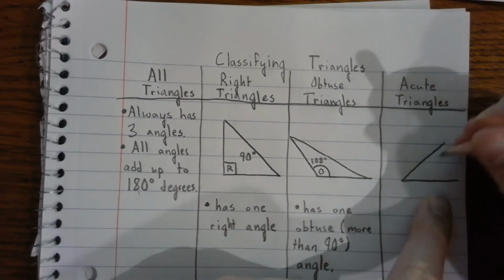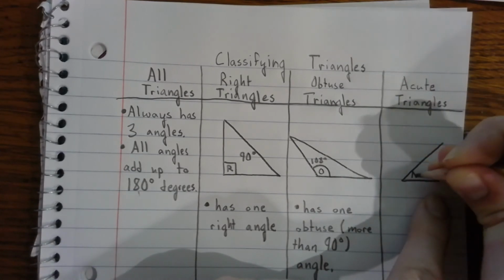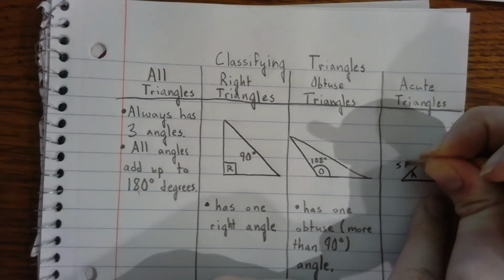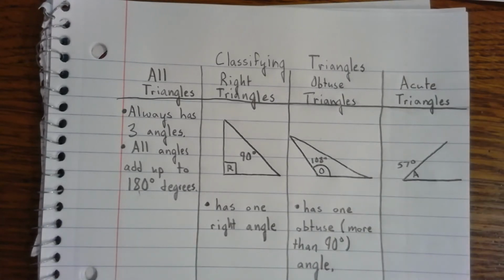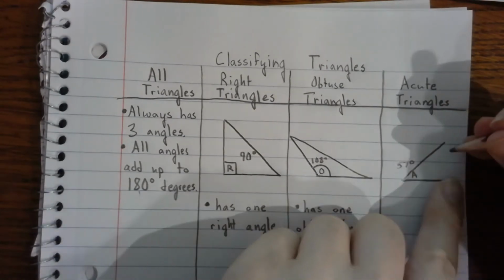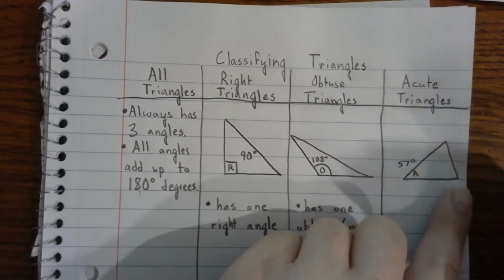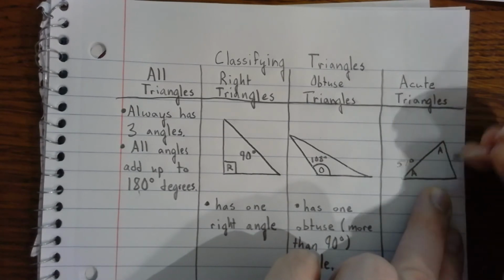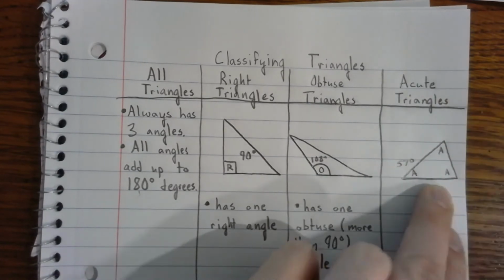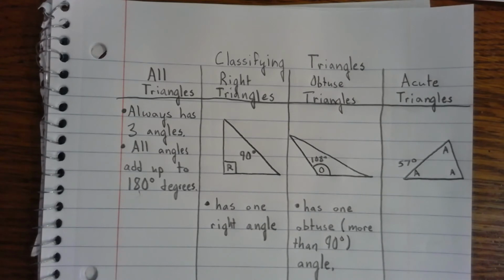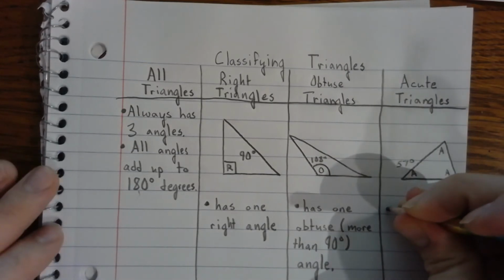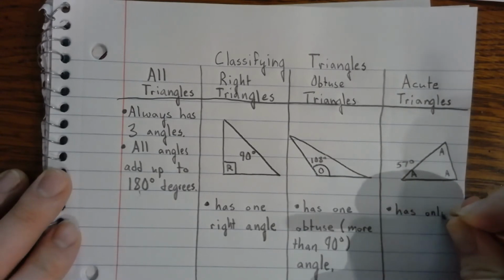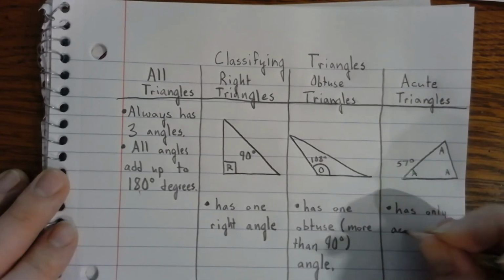Okay, and I want you to notice something. We're going to write A here for acute, and who knows, maybe that's like 57 degrees. The important thing is it's less than 90, right? But also when we connect these, these are also going to be acute. So this is kind of special with acute angles. They all have to be acute, right? So here we want to write has only acute